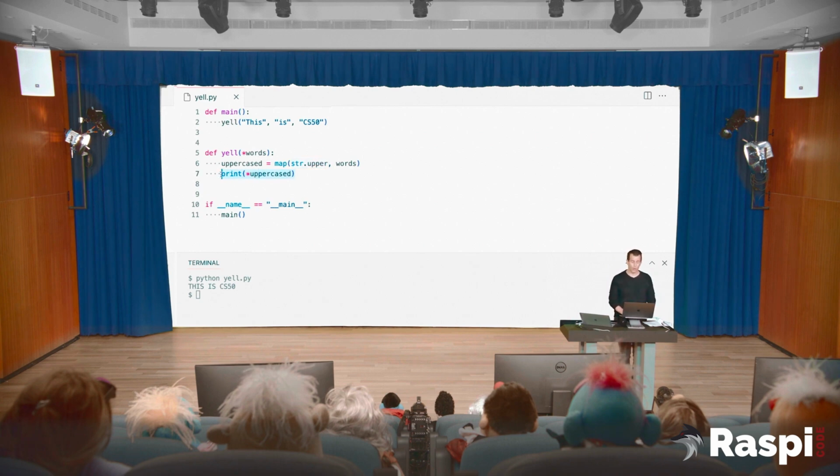I'm still going to print the whole thing using star uppercase so that if I get back a list of 3 uppercase words, I'm going to unpack them and print them all out. So let's run this again. python yell.py, enter, and voila, it's still working. But the code now is even tighter